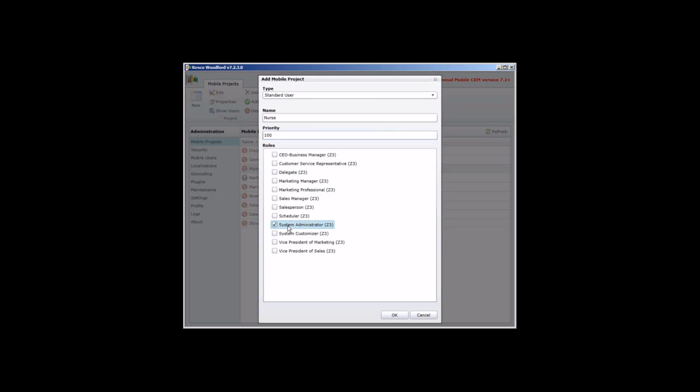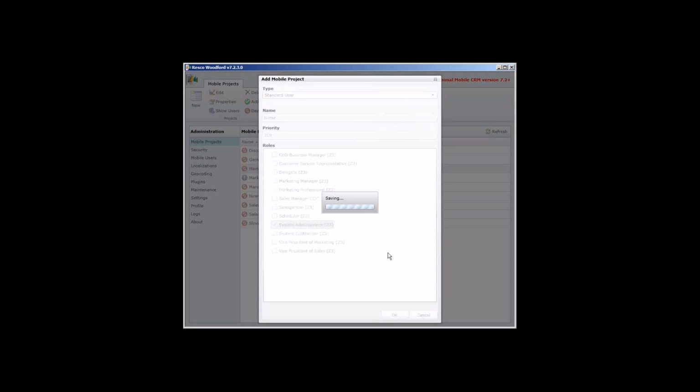I'll use because I'm also the system administrator. Okay. Let me click on OK, and let's wait a while until it's created. So what Woodford actually does now is that it saves some information in the custom entities on the server. And these Woodford entities store